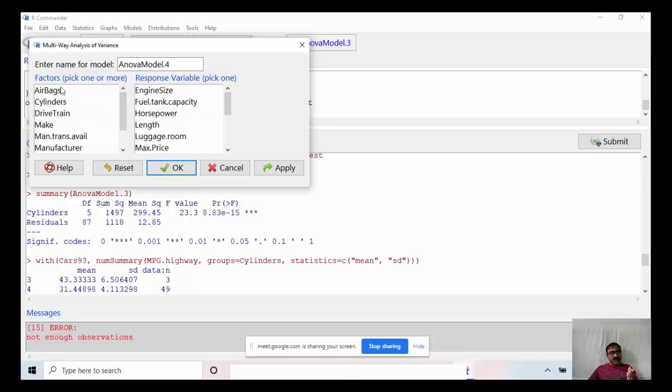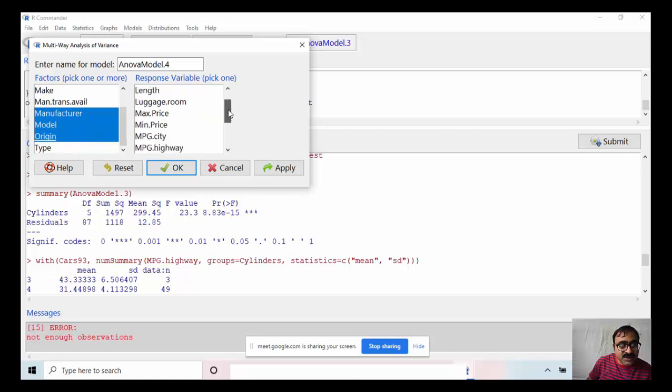If we choose two factors, this will be a two-way ANOVA. And we can choose several factors also. I choose the model, then manufacturer, model, origin. As the response variable I choose miles per gallon on the highway.